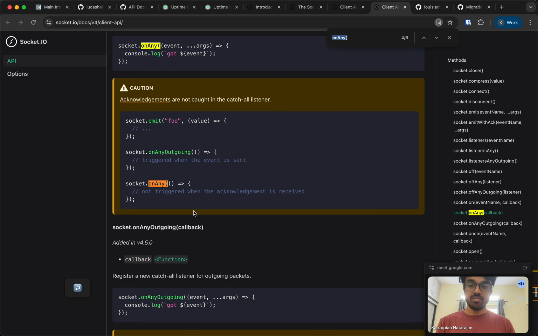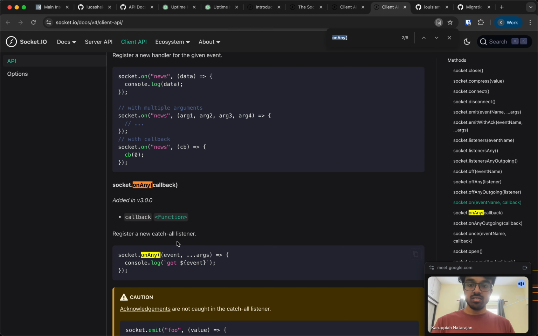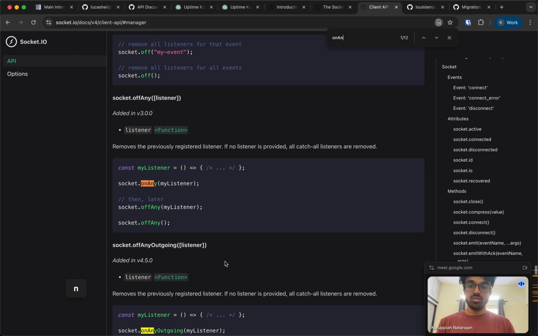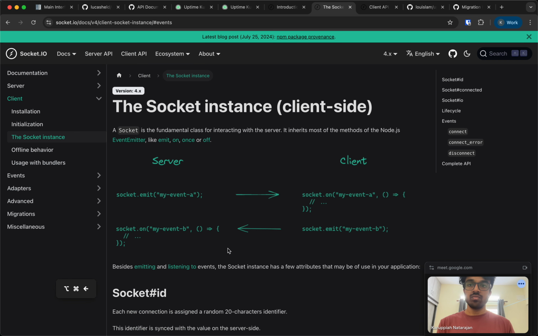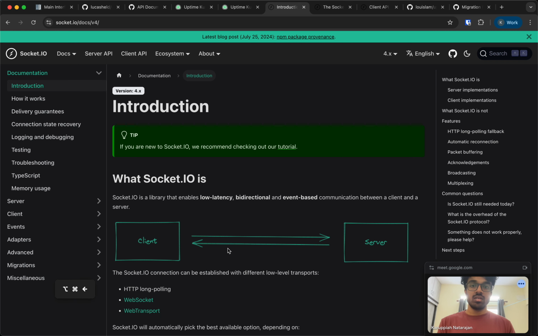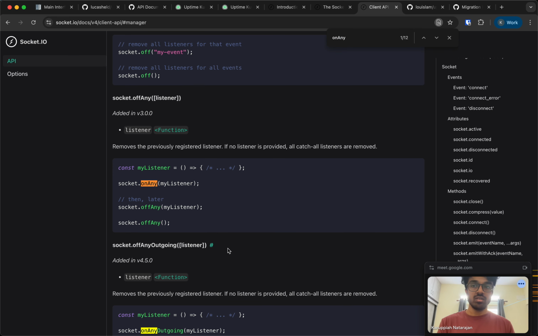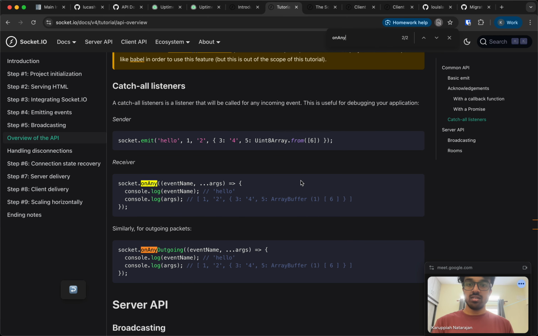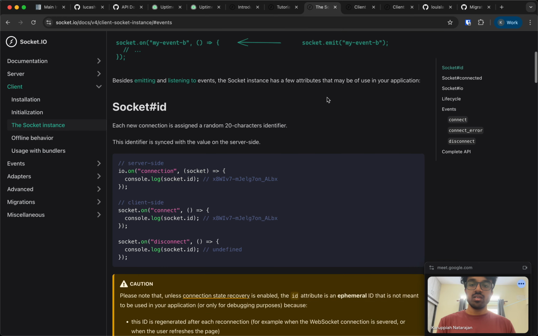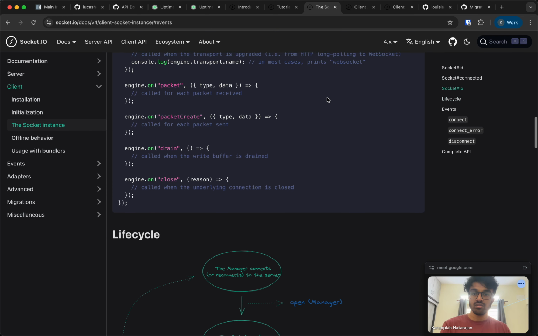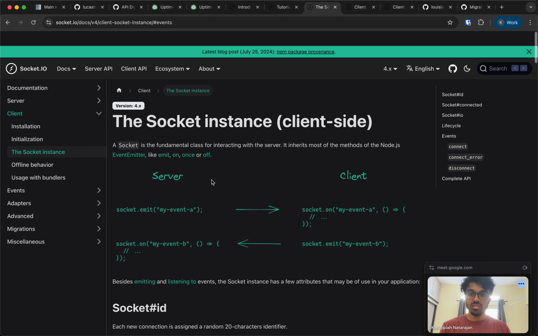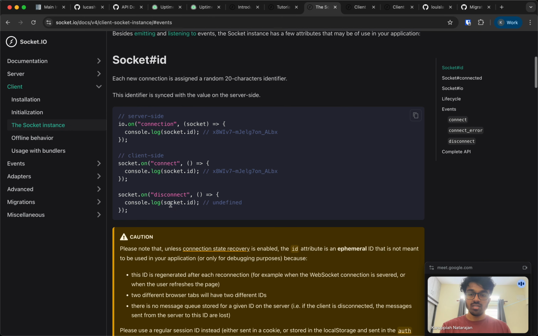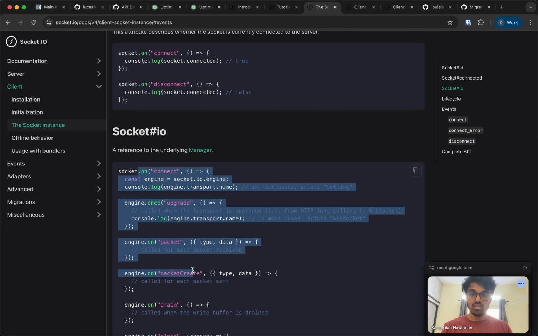So yeah, you can actually see it says event and then event argument. So you can actually see this over here also on any, right? Oops, not this. On any. Let me see if I can find this here. Oh hey, I need an overview. Yeah, so on any is the thing that we're looking for. These will come to it later. Socket.io and drain, close. This is actually the server side, I think. Server side, client side. This is manager,